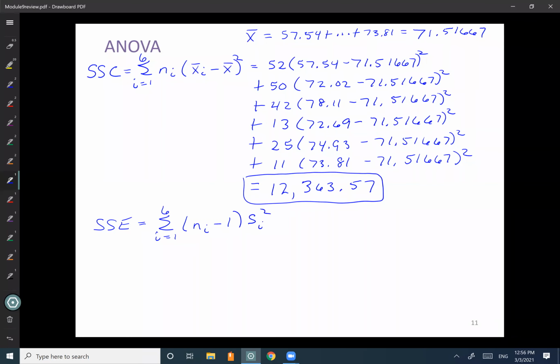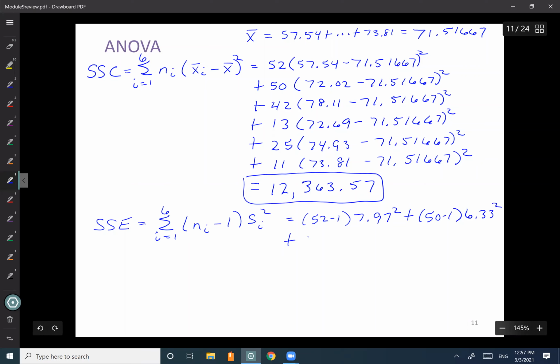And that ends up equaling, so we'll put down here, first one is 52, subtract 1, that's for Africa, multiply by 7.97 squared. Asia, 50, subtract 1, multiply by 6.33 squared, plus 42, subtract 1, times